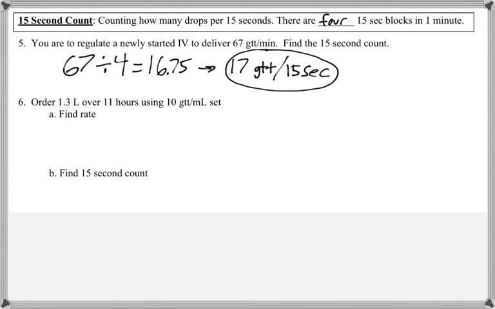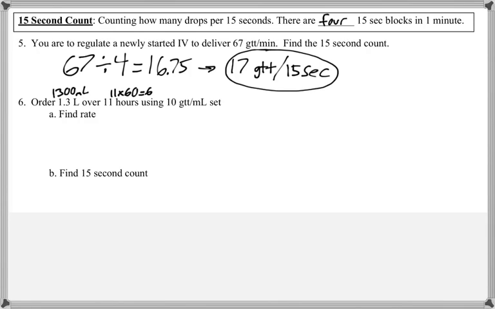Number 6 says the order is for 1.3 liters over 11 hours using a 10 GTT per mL set. Find the rate and then find the 15-second count. So 1.3 liters is 1,300 mLs, and then 11 hours